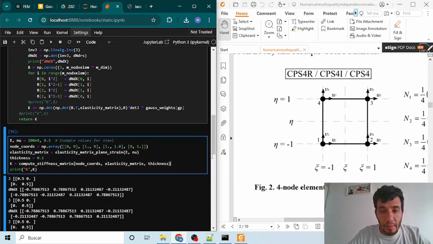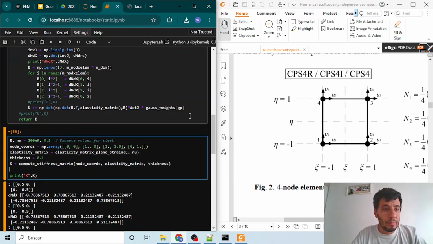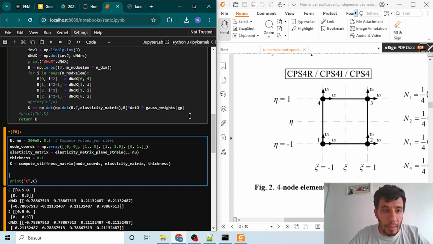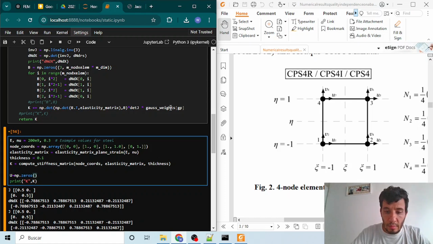So having our stiffness matrix, we can define our displacement vector, such as u zeros.